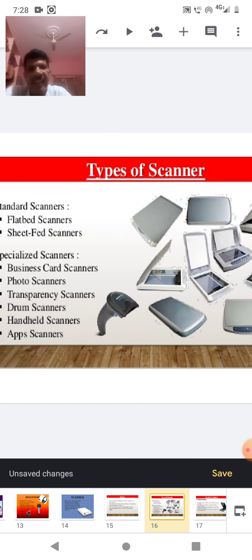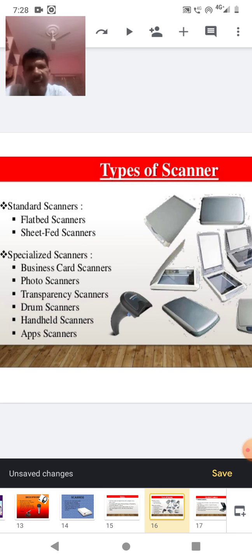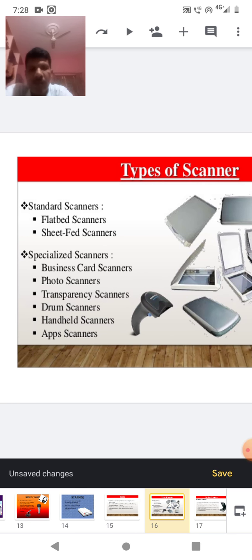Then other scanners are the business card scanner, used for business purposes, attendance, and financial transactions. The cards are scanned in various areas with various terminals. Then photo scanners: with the help of a flatbed the photo can also be scanned, or some special devices used for photo capturing are photo scanners.